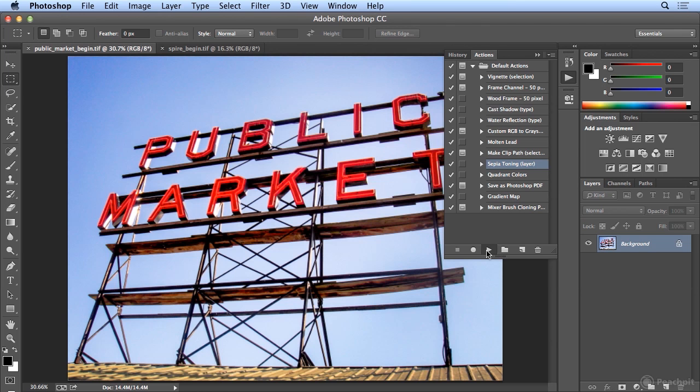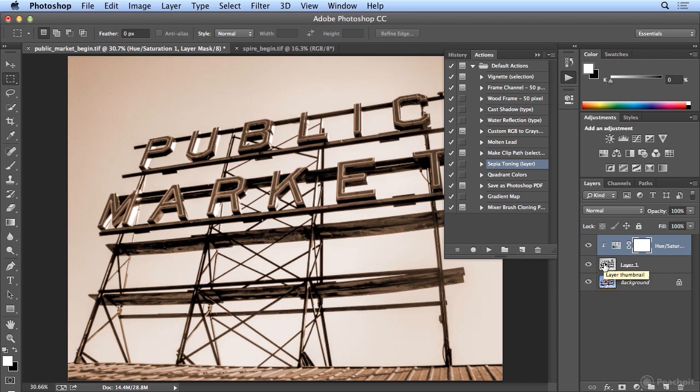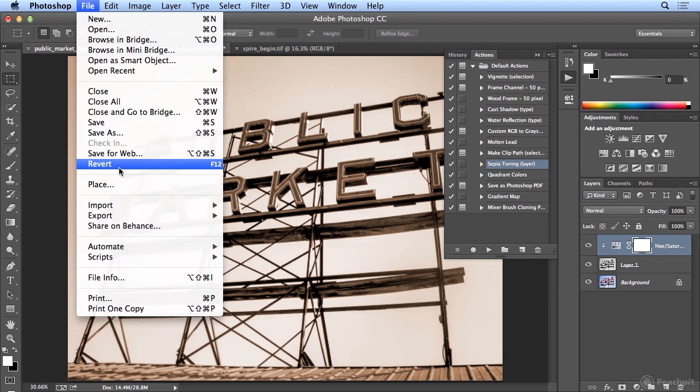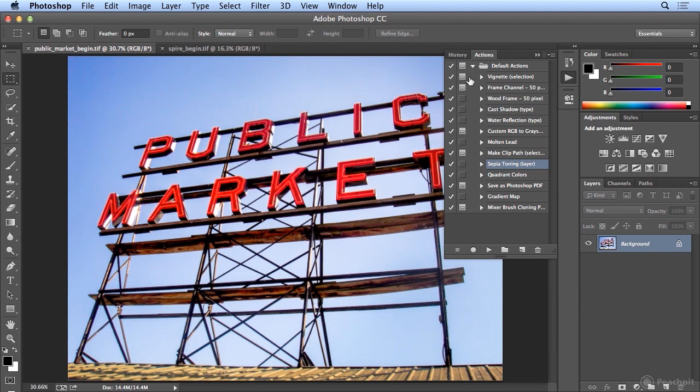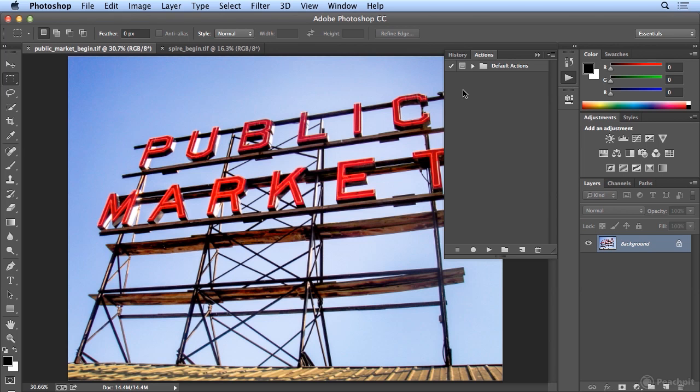If I click play, it plays back, and it kept the background safe. It got the sepia tone effect with a hue and saturation adjustment layer, and it made a desaturated version of layer 1, so my original background is intact. If I choose File, Revert to go back to the last saved version, there are other actions that are built